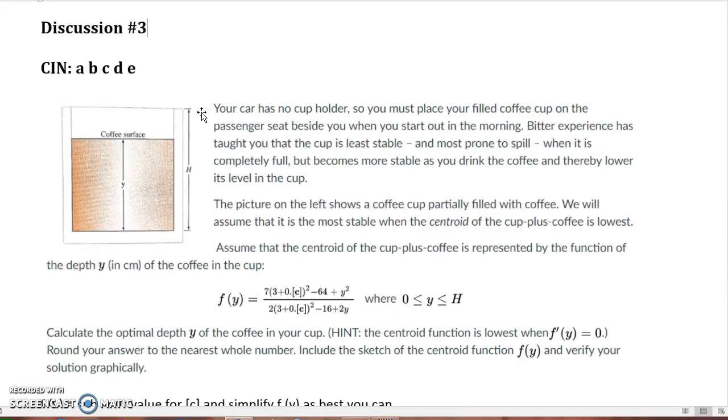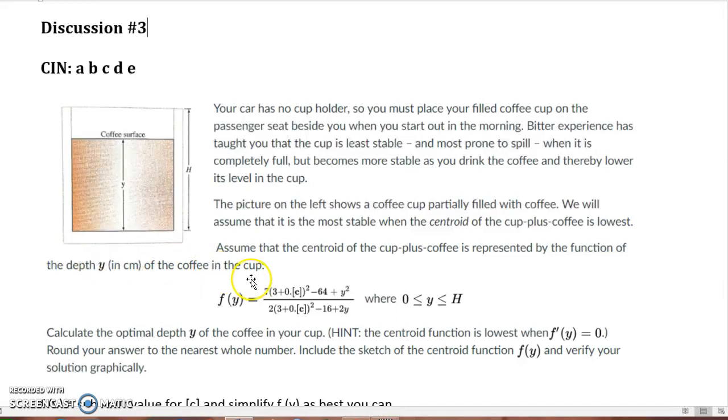Bitter experience has taught you that the cup is least stable and most prone to spill when it is completely full, but becomes more stable as you drink the coffee and thereby lower its level in the cup. The picture on the left shows a coffee cup partially filled with coffee. We will assume that it is the most stable when the centroid, or again, the geometric center of the cup plus coffee, is lowest. Assume that the centroid of the cup plus coffee is represented by a function of the depth y. So the centroid is a function of the depth of the coffee in the cup